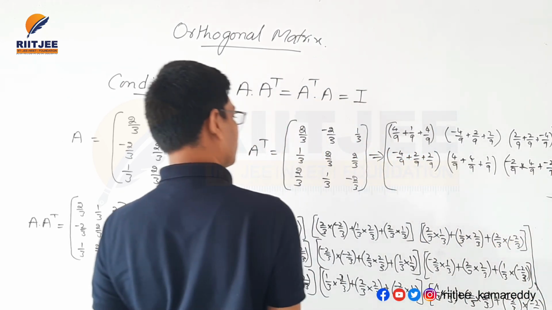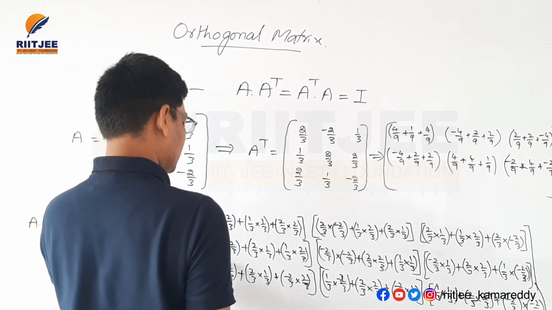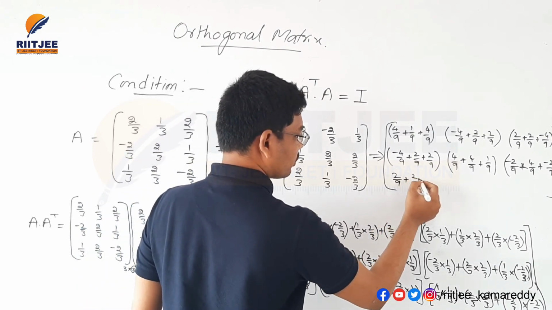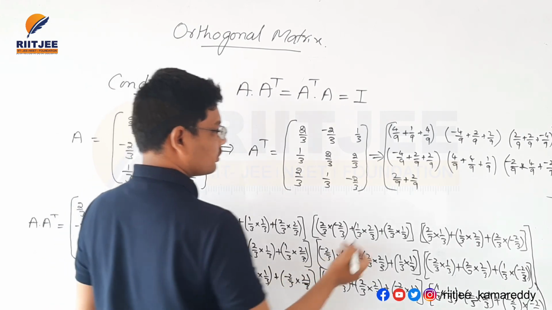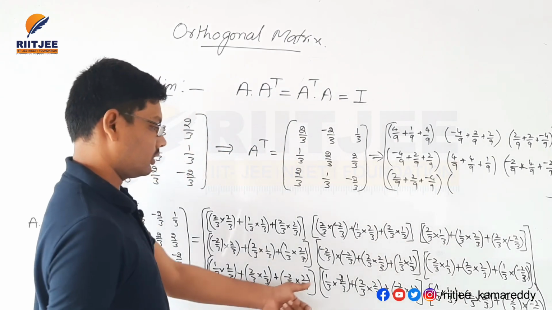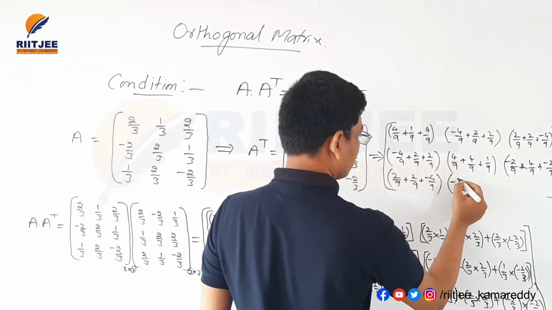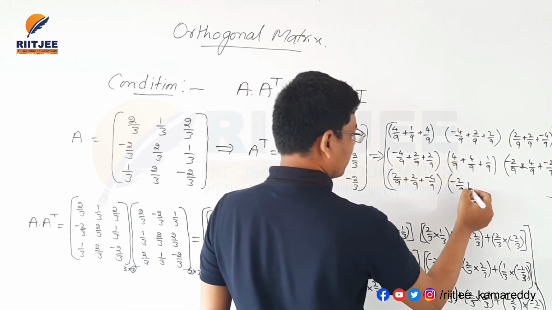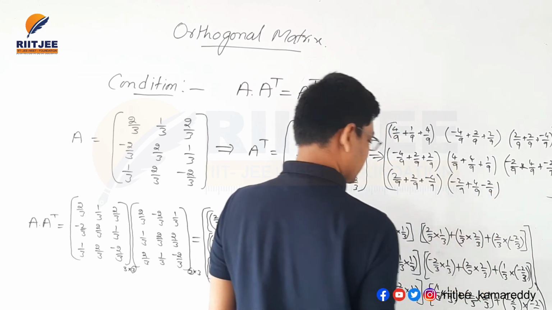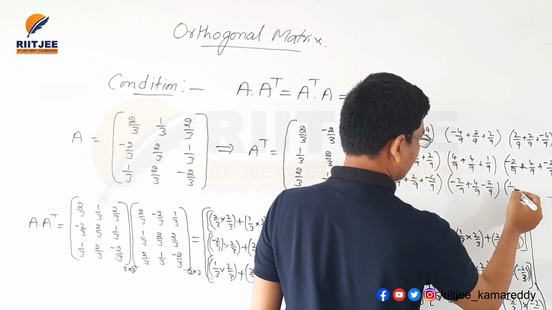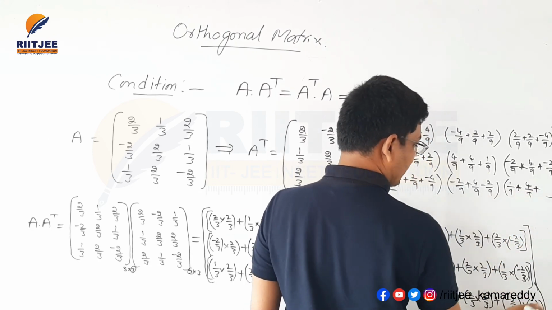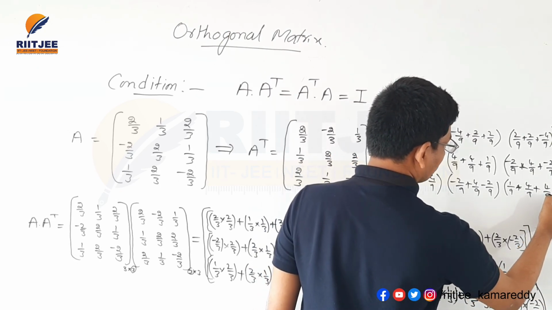This is all about A22. Next, 1 into 2, 2 by 9 plus 2 into 1, 2 by 9 minus 2 plus 2 plus minus 4 by 9. Next, 1 into minus 2 by 9, 2 to ja 4 by 9. Next, minus 2 into 1 minus 2 by 9. Next, 1 1 ja 1 by 9 plus 2 to ja 4 by 9 plus 2 to ja minus 2 into minus 2 plus 4 by 9.